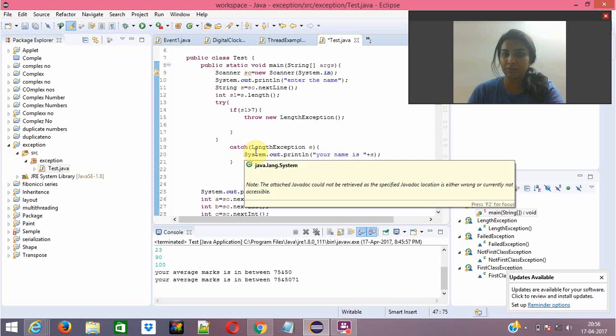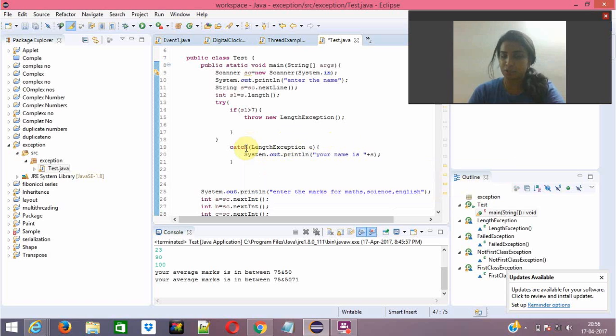If there is an exception, we have to catch it. This kind of exception is called length exception. So I'm giving catch, and the type of exception, length exception, catch LengthException e. So if the error is there, it will catch, and the System.out.println statement will be your name is. And similarly, I've given